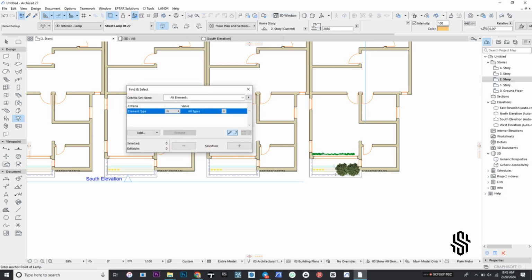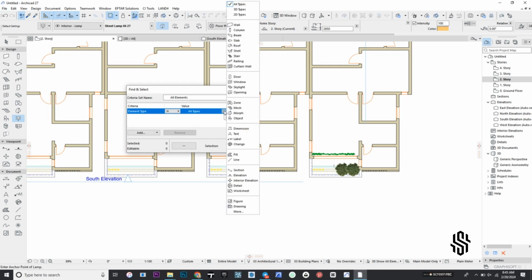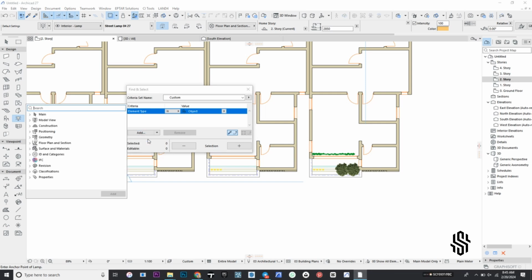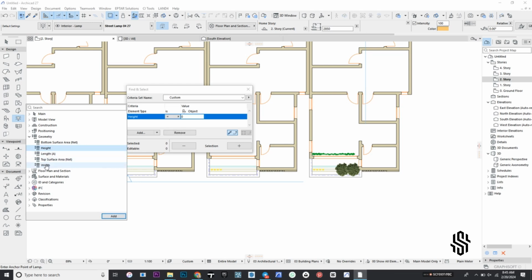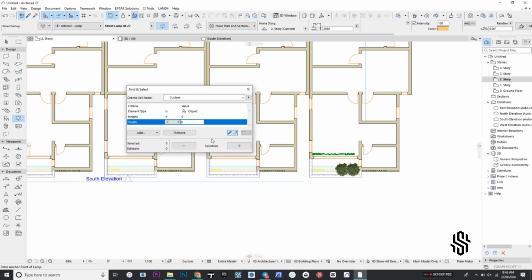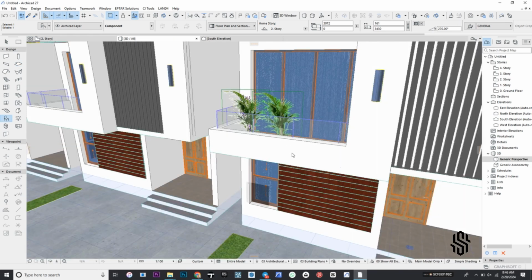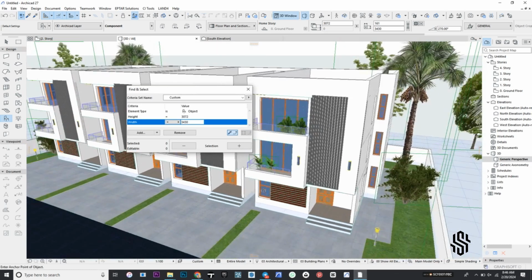What do I want to find? I would like to find an object, and it has a specific dimension. So I'll go to Add, Parameters and Properties. I'll go to Geometry and double click Height and Width, and that's it. I'll hold Alt and select my object. By selecting the object, it will copy the parameters of the object to my Find tool. So I'll go to my 3D and hit the plus so that it will select the three and I